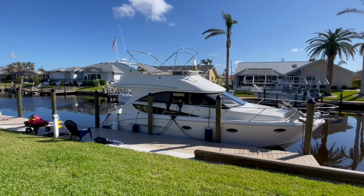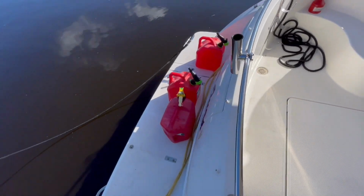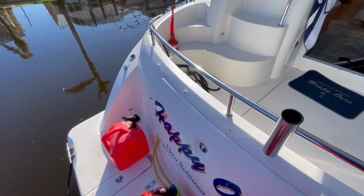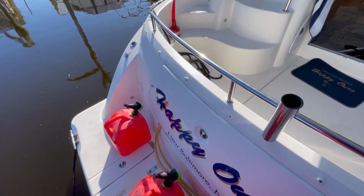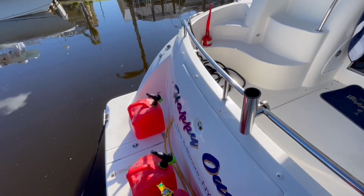All right, day number 2. She's still floating. Time to get to work. Well, first up, I want to get some gas in the boat because the boat is listing a little bit because the port tank is pretty much empty because we siphoned all the gas out of it after Hurricane Ian